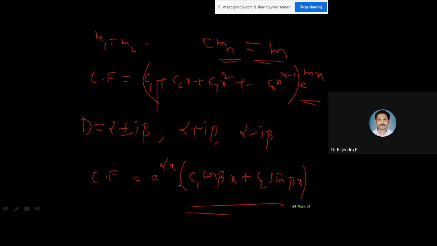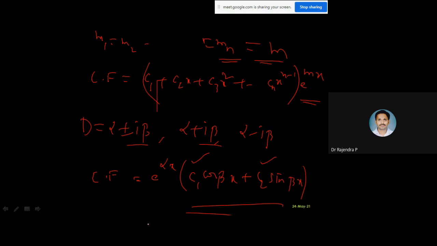These are just forms, right? When two roots are there, I am giving two arbitrary constants here. And when we have complex or imaginary roots, we get something like Euler's form, e to the power alpha x of c1 cos beta x plus c2 sin beta x. You try to remember. Of course, I introduced a few things already initially.